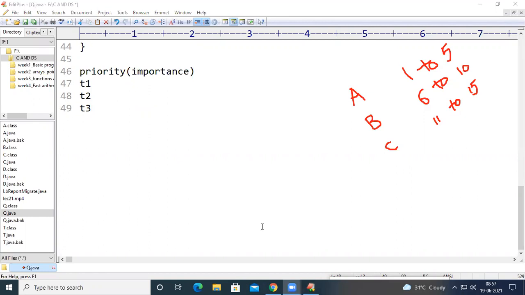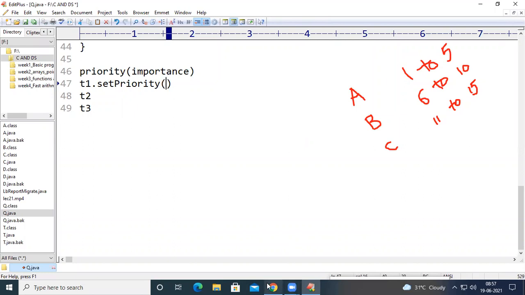So here, priority means that we are giving some importance to one thread. For example, in my program, I want to execute thread 1 first. So there is one method called setPriority, and for this setPriority we are going to pass an integer value.